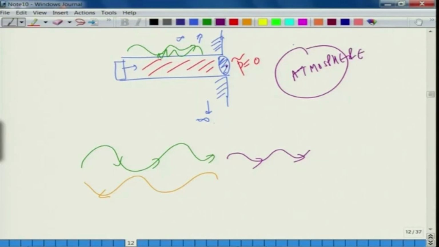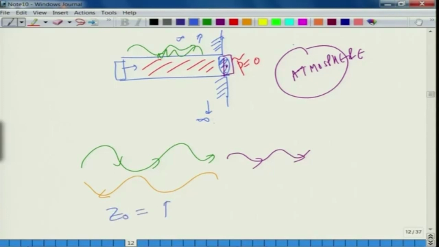And what it physically would mean, we will see by some simple algebra, that it means there is an extra column of air, just a hypothetical column of air sitting here, and it is like an addition of an extra mass. So, it is like an inertance term that is added. Before we do that, let me just write down the expression for the impedance Z naught that was seen,